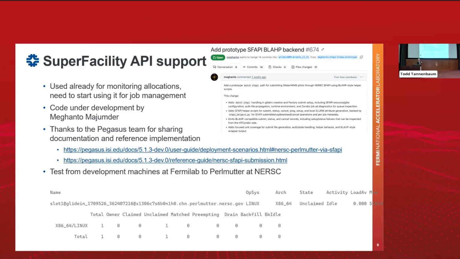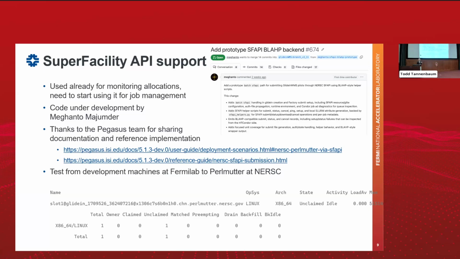And since it's not yet available in Condor, we have started working on that. A student started working with us, and we started a project, and we were actually able a couple of days ago to run some test jobs on NERSC using the Superfacility API to submit the Glideins